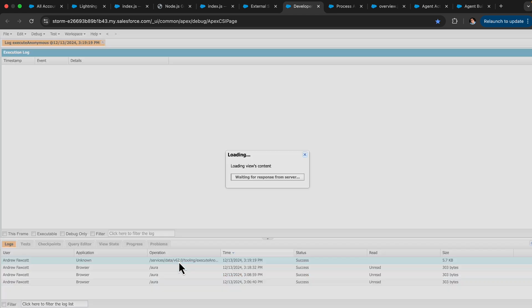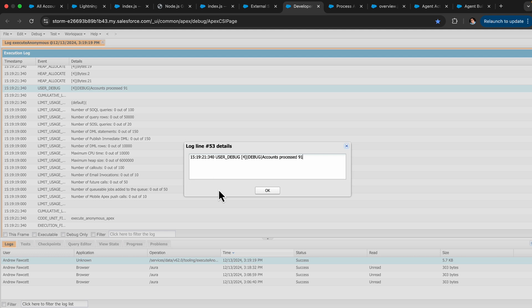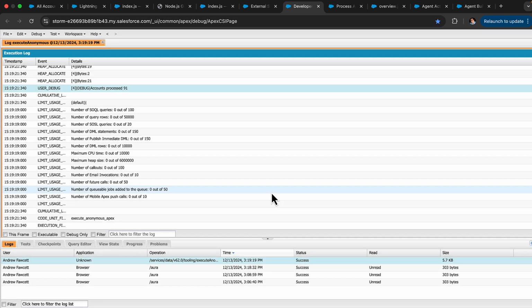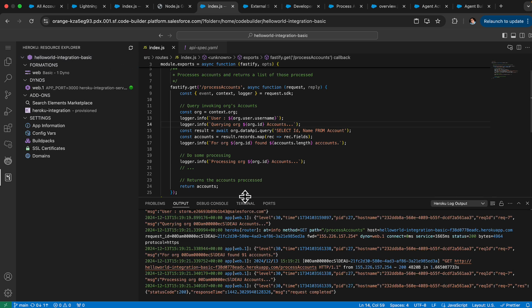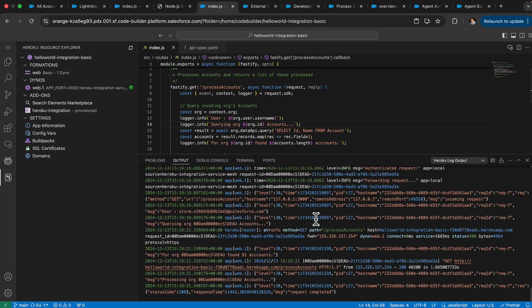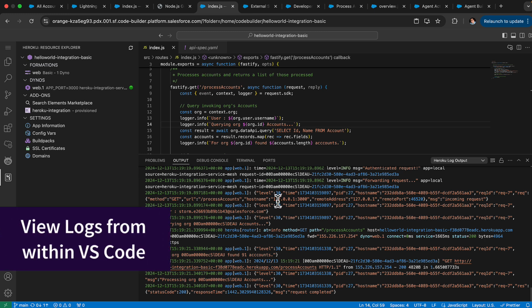So now that that's finished, we'll just take a look at that debug log, and yep, sure enough, we can see the accounts have been processed. So next, let's show this same capability, but from Flow, so no code environment. So before I do that, I'm going to go back to our Visual Studio Code environment. I'm going to start a logging session, and this is another feature of the VS Code extension for Heroku. We can easily see the logged output, and then remember, this is from the deployed version of the application,